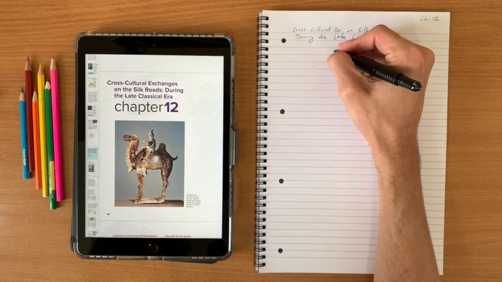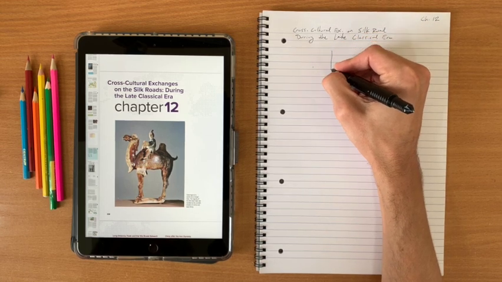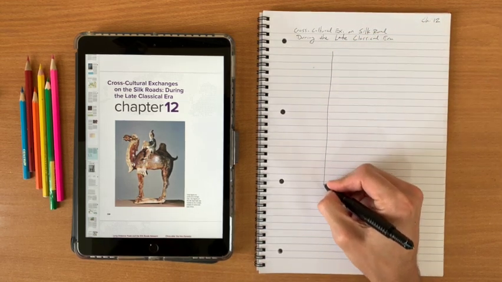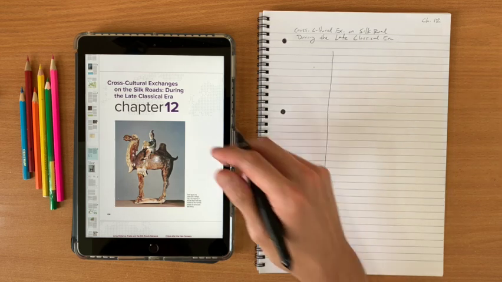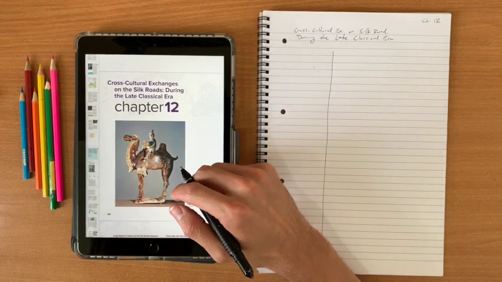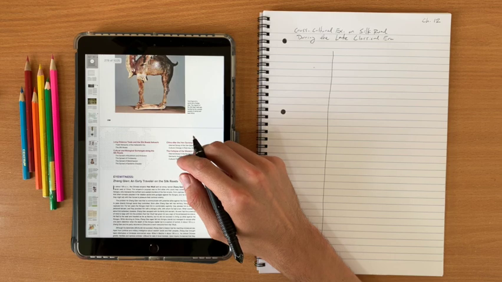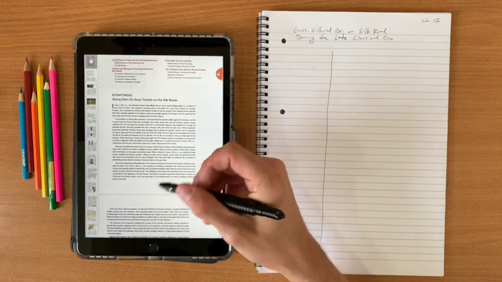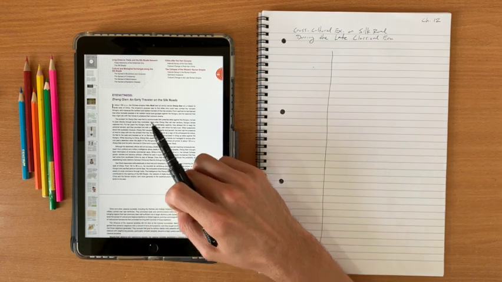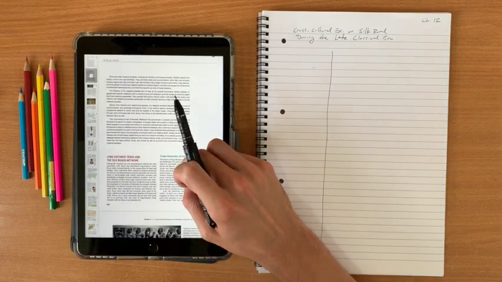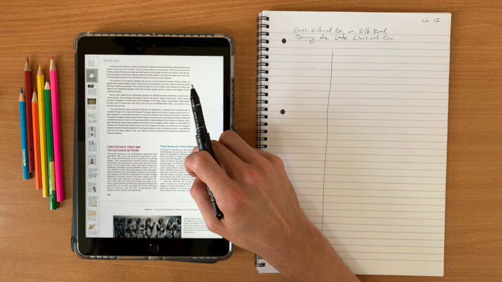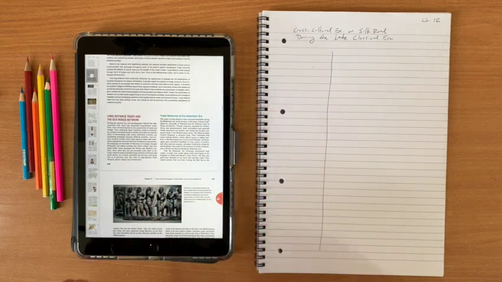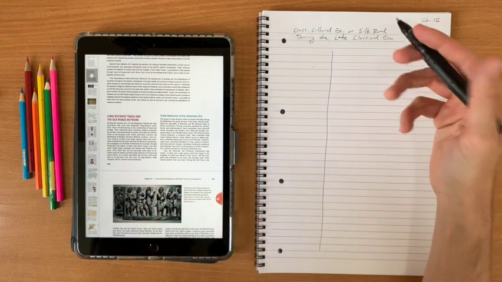The next thing I'm going to do is draw a vertical line down the first 1/3 of the page. So I'm going to have a third on the left side and 2/3 on the right. The side on the right is where I am going to take bulleted notes based on the content of the reading. And then the part on the left is going to be for free-form notes where I might draw maps,